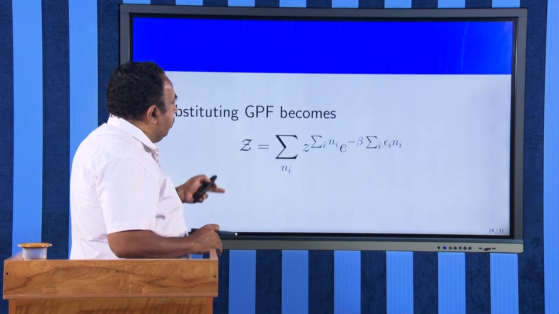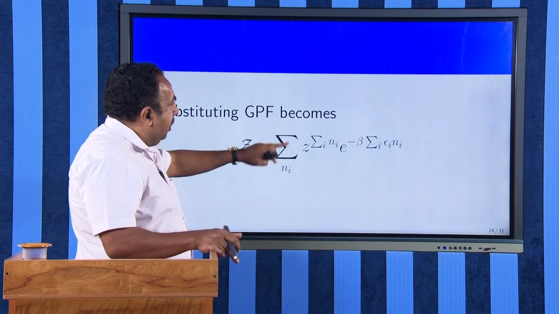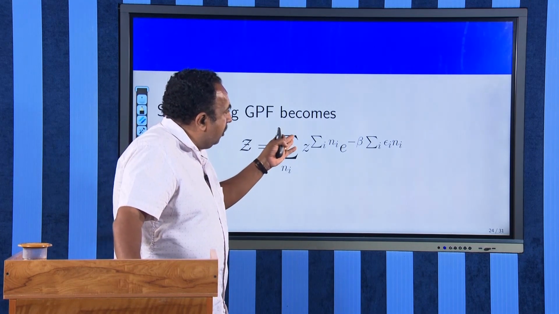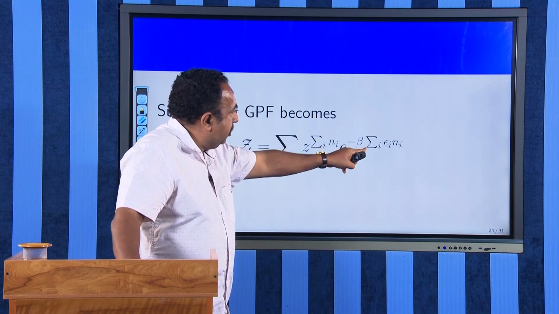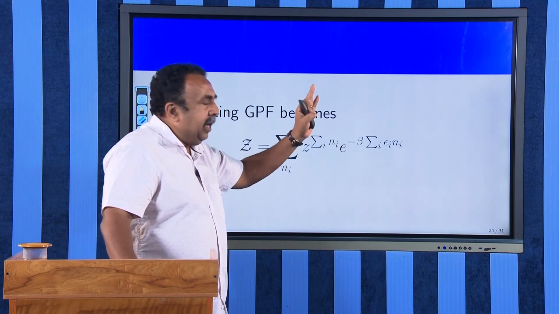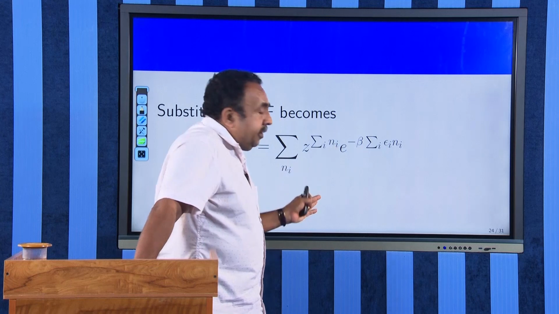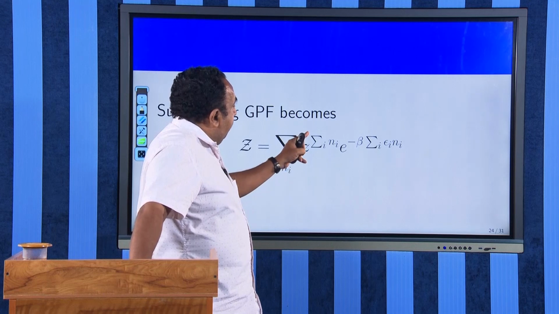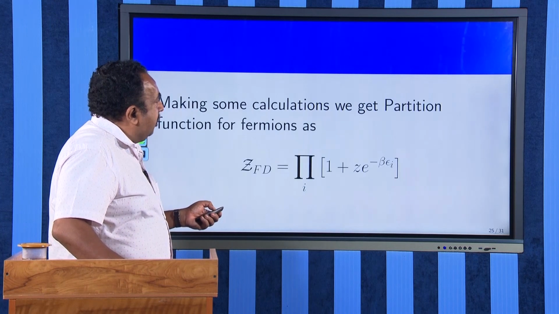And earlier I had represented my capital N. If I want to introduce my occupation number, the capital N will be the sum over n_i, the sum of all the occupation numbers. And this energy, which was z raised to N, e raised to minus beta E, I will change so that E is the sum over i of epsilon_i n_i. Remember, this n_i is now not the number of particles in each state, it is the occupation number of the particles. Therefore, I will replace this set by this expression.